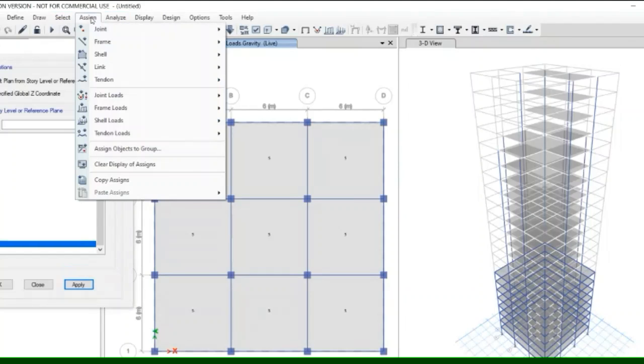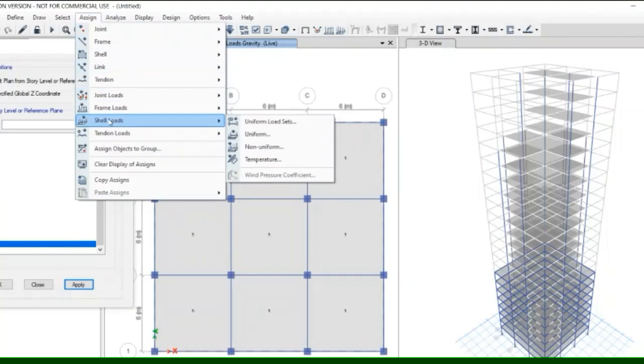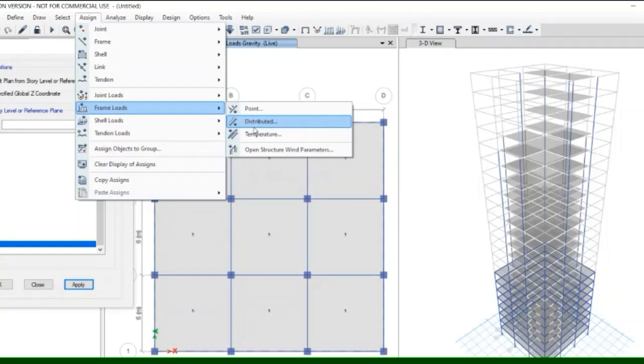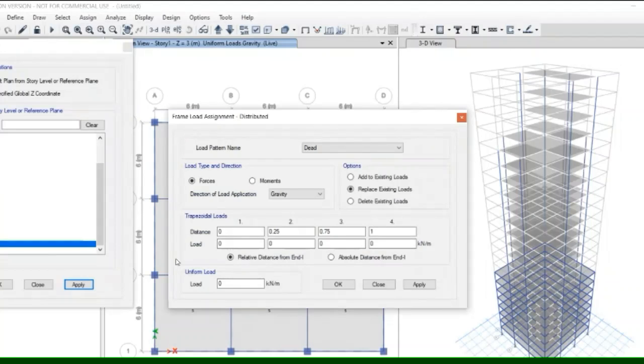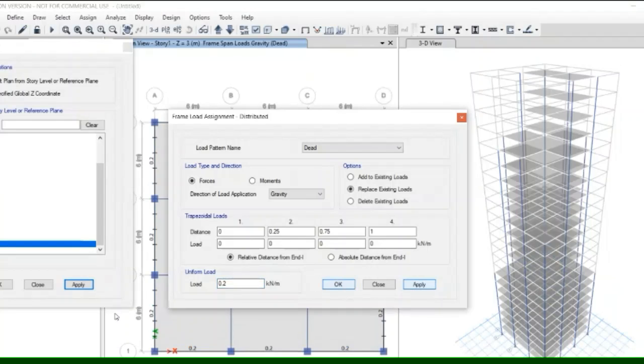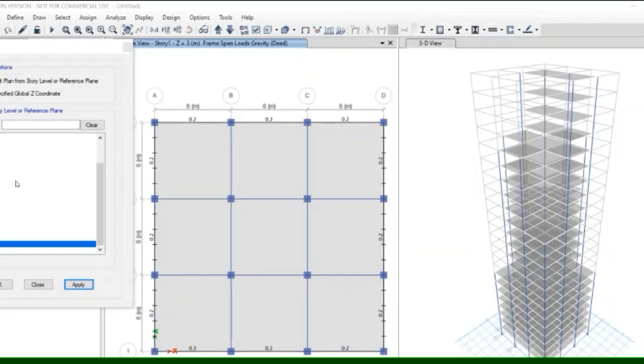Go to assign, frame load, distributed, and uniform load at bottom, type 0.2 kilonewton per meter square, then apply and OK. As you can see, load applied on exterior beam.